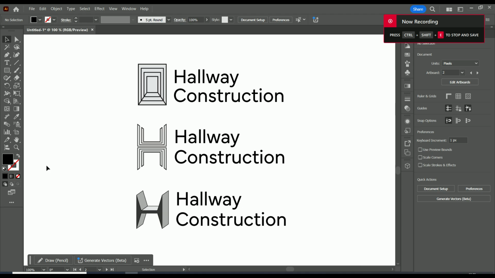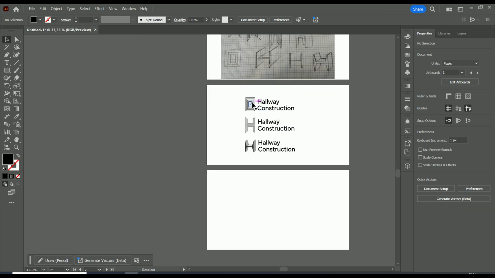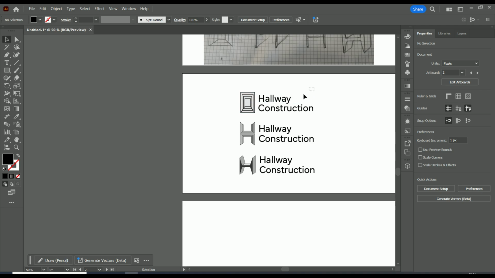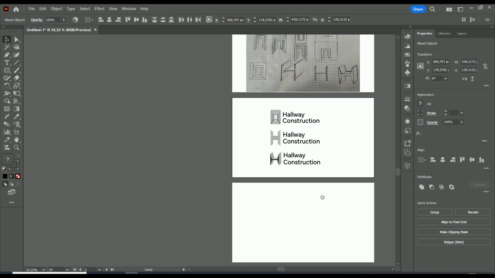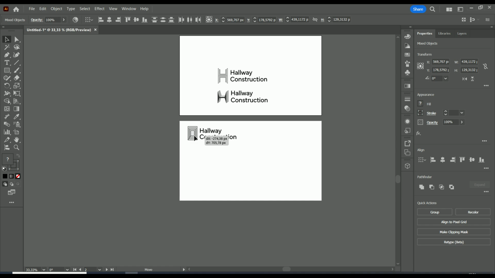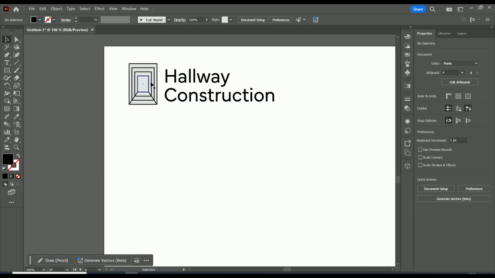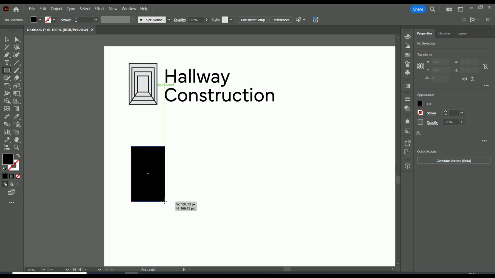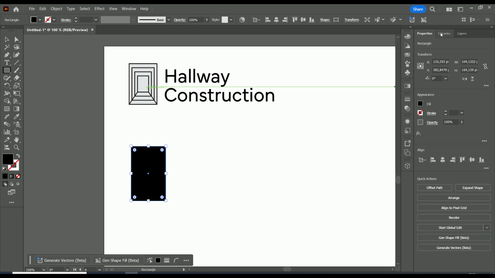Hey guys, today I'm gonna show you how to make logos. So for example, this one here, let's drag this down for reference. So first of all, to create this outer layer, I take the rectangle tool,